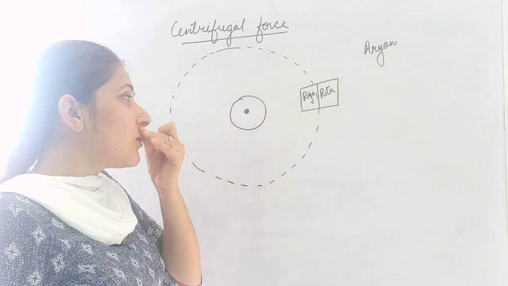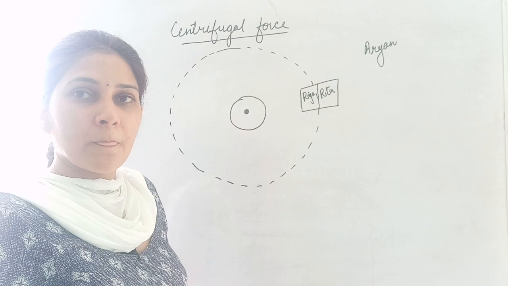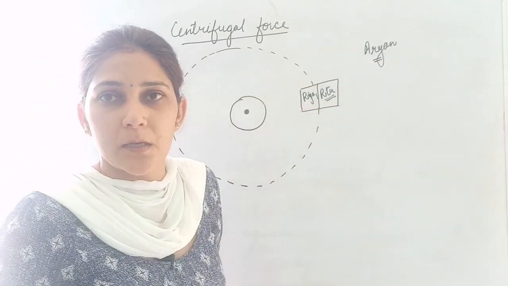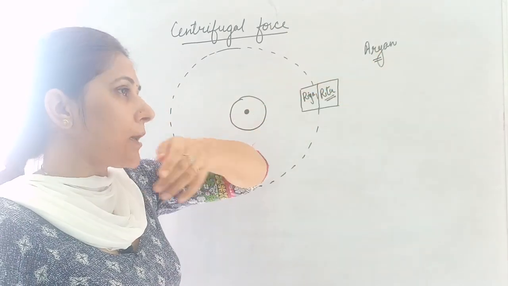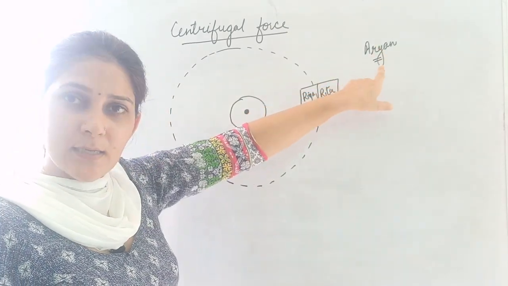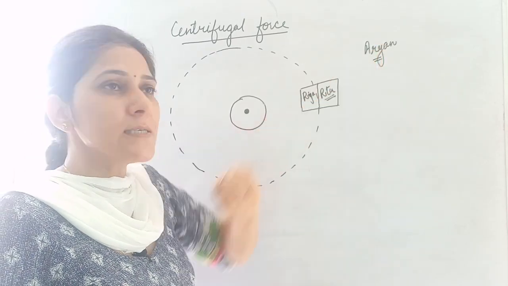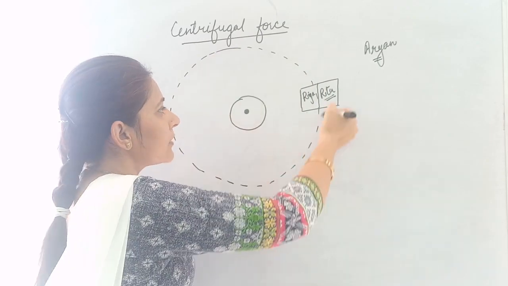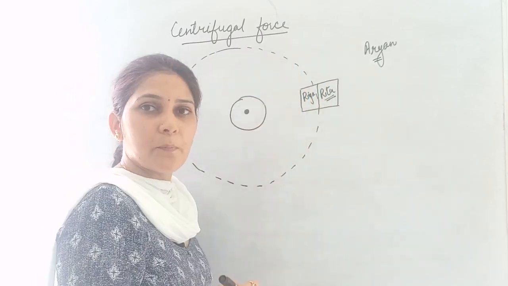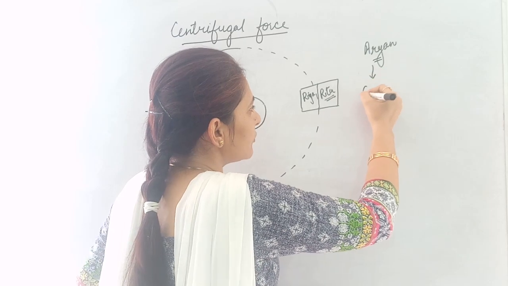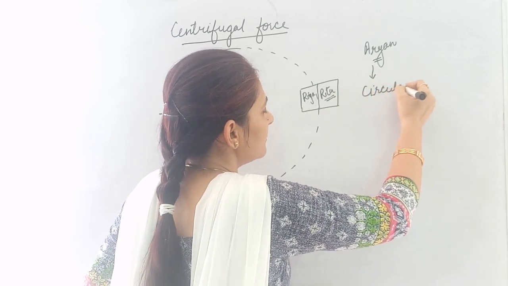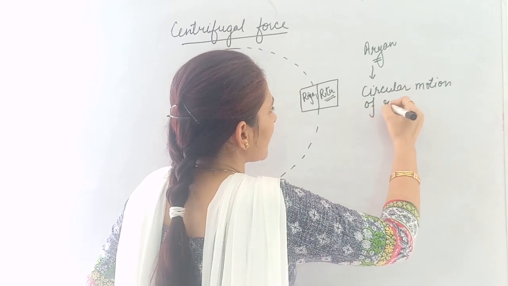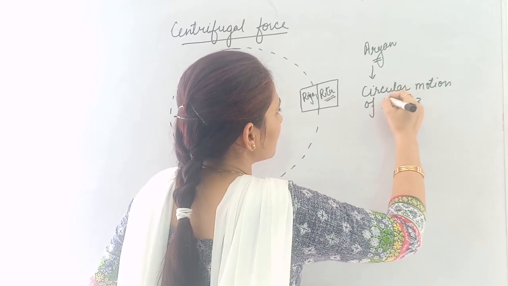Now we need to talk about the observation of all these. Okay, let us talk about Ritu observing something and Aryan also observing something. First of all, talk about Aryan. Aryan is standing, he is outside the rotatory frame. What he is able to observe is that Riya and Ritu are moving in a circular path. So that means Aryan is able to observe the circular motion of Riya and Ritu.